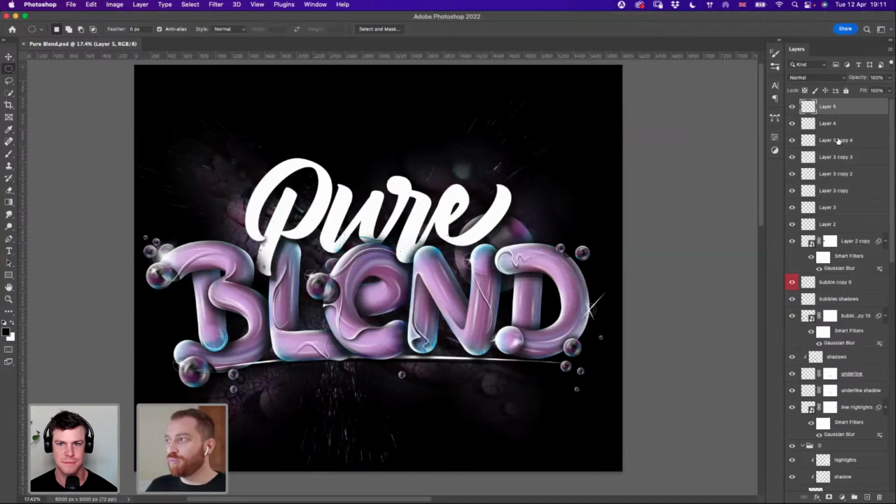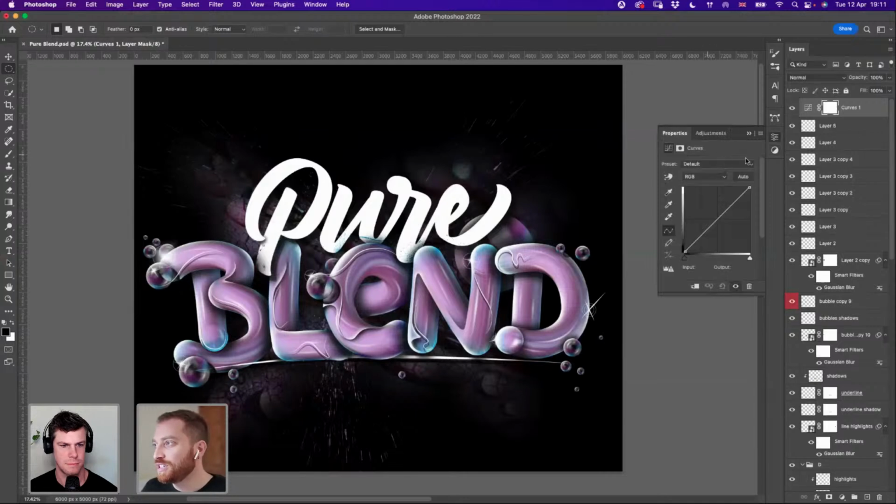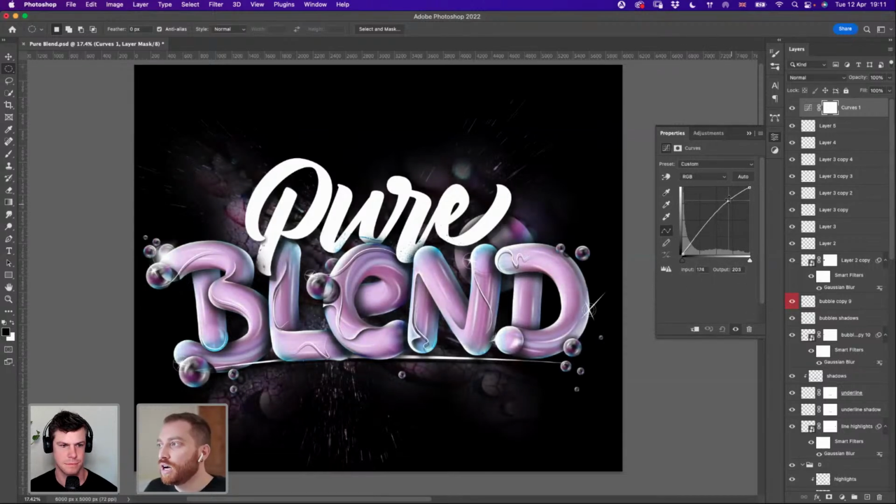Okay, let's start with blending with the adjustment layers, because that's something I definitely want to add. I always start with the curves. That's my first thing to do when I finish a design. I just want to add more contrast, so I'm adding some bright feeling, but also dark.